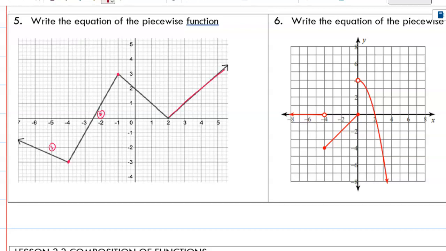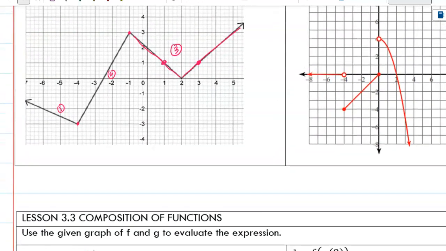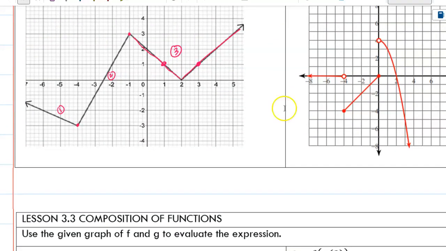That right there looks like an absolute value function because I could see that the slopes are the same. I could write this as an absolute value function if I wanted to, or I could break it down into 2 linear functions. It doesn't matter. Okay. So let's go ahead and write f of x equals,